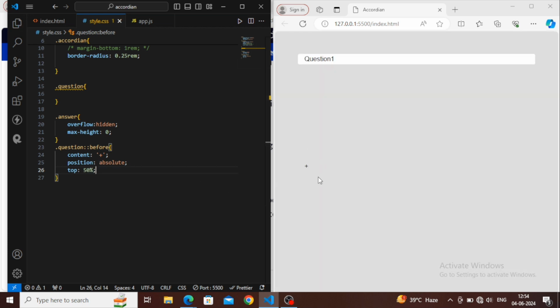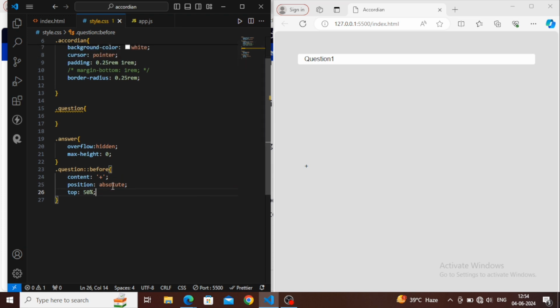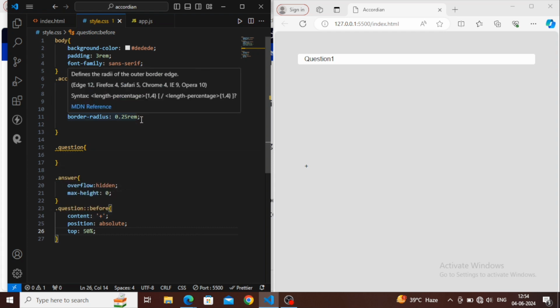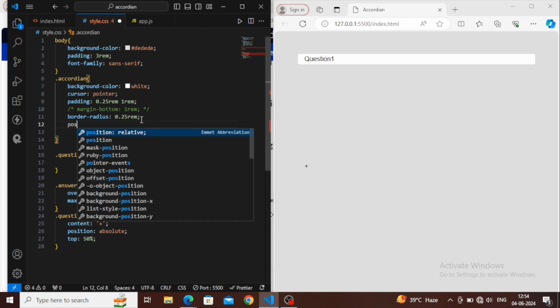Now you can see that this is coming out of the accordion container. As we have given position absolute here, we need to give its parent, the question's parent, which is accordion, position relative.